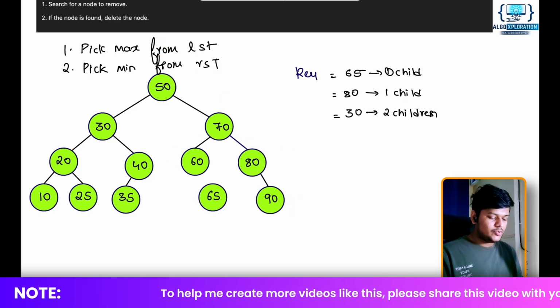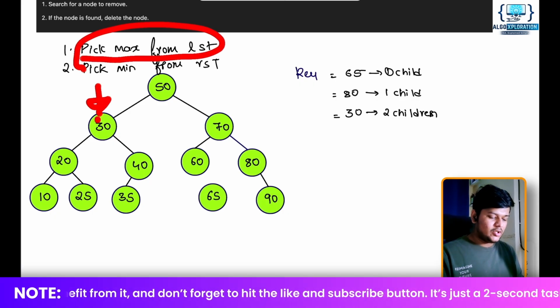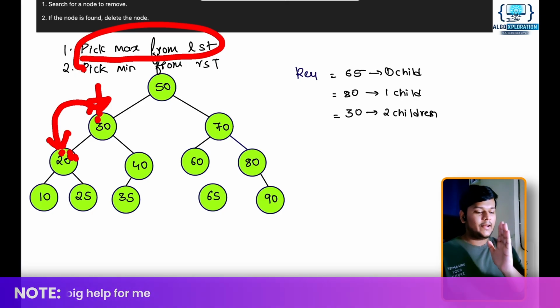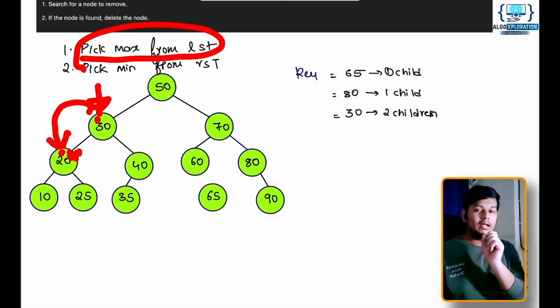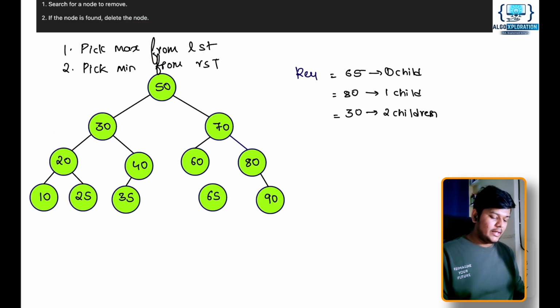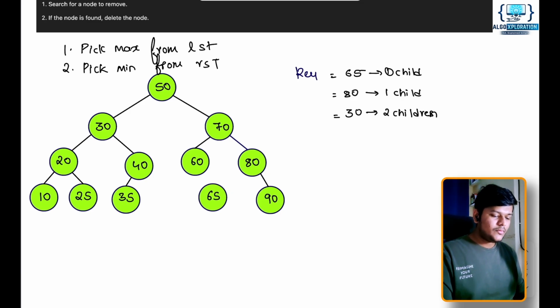Okay, all the time. So if I'm standing over here now and I'm picking the max from the left hand side, I will be going over here and I will be going right hand side again and again till I get a node that doesn't have any children. Over here I can see that 25 doesn't have any children, so 25 is going to be the max element. Now do I need to swap 25 with 30? No. The other approach is that I can just replace, because I got that max element which is 25,